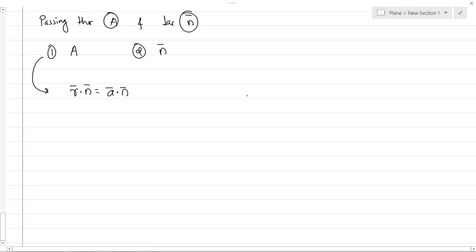This is the vector equation, and the Cartesian equation is what? It is a into x minus x1 plus b into y minus y1 plus c into z minus z1, equals 0. This is the vector equation in the Cartesian form, the equation of plane in the Cartesian form. Okay, so if you have not understood these two equations, it's my request, please go through the previous video and come back to this video,